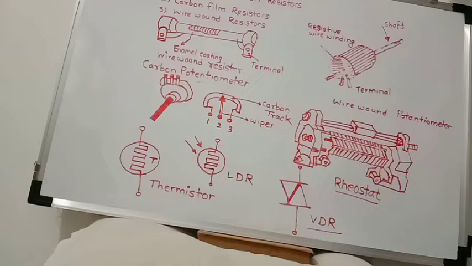These resistors are available from 1 ohm to 20 mega ohm, and their power ratings are from 1/8 watt to 2 watt. The specialty of these resistors is their low cost and small size. These resistors are manufactured by mixing